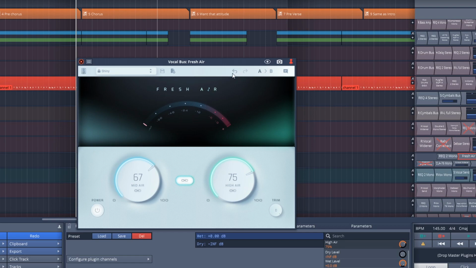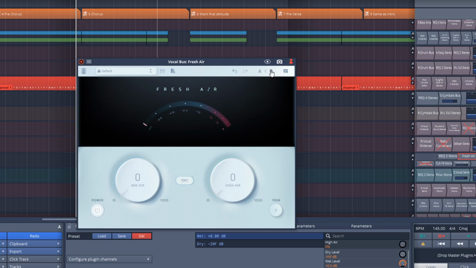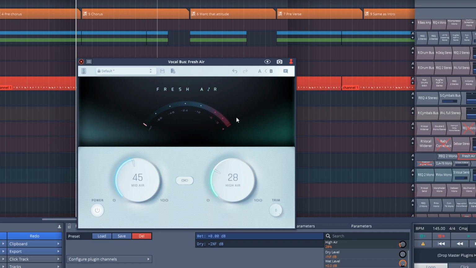Then over here, you have undo and redo buttons. So if you kind of mess something up and you want to go back, you could just undo it with that. And the AB, these are snapshots. So say we want to try this setting, but we also want to try another setting and A and B them. So right now we're on A and we have a setting in there. So if we click on B, it resets the plugin and we can just dial in something different right here. So now if we go to A, we go back to that one and then B. And this arrow in the middle, that's going to send the settings here to B. So if I click that, now B has the same settings.